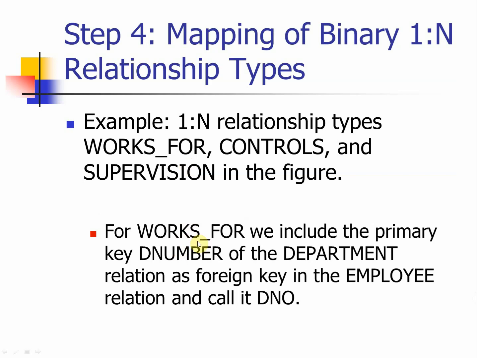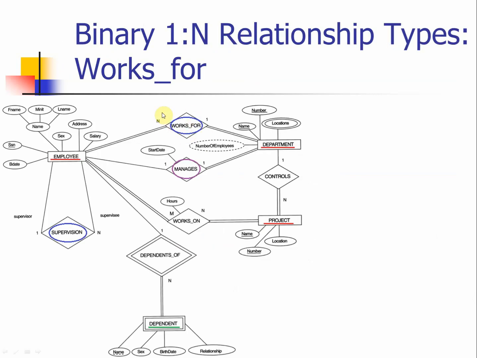The other one is works for, indicating that each employee must work for one department. On the other side, each department has several employees working for them. So we have this 1-to-N relationship that we want to handle. As we mentioned, this will be easier for you to see in this operation. Since we have a 1-to-N relationship, we need to change this relationship to become an attribute as a foreign key to